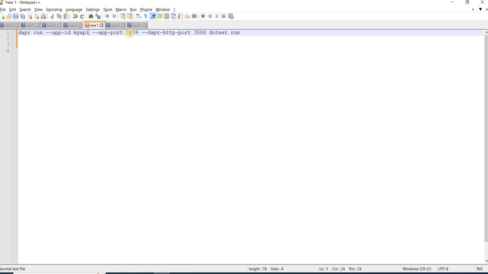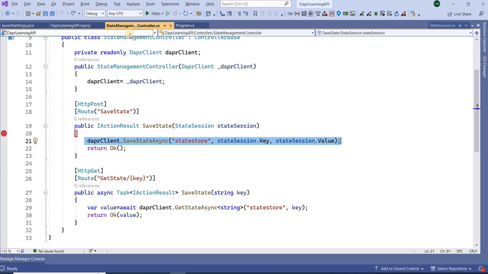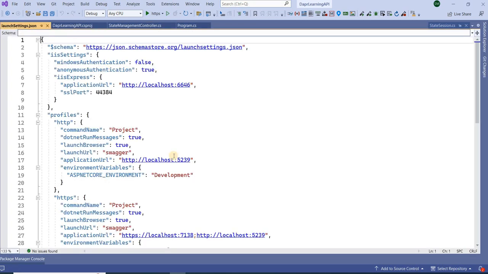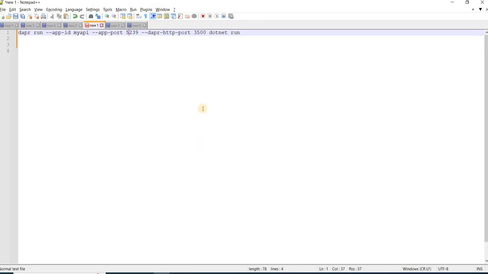So this is the app port on which the application will run. It will run on 5239. We can copy this particular port from the launchSettings.json file from here as well, right? And then I'm saying dapr HTTP port. This dapr HTTP port is the port of the sidecar. Sidecar is one of the key technologies, or dapr is using that particular pattern to manage all these things using the sidecar.